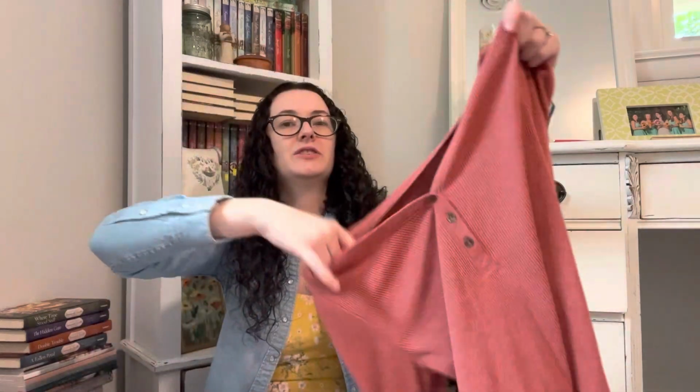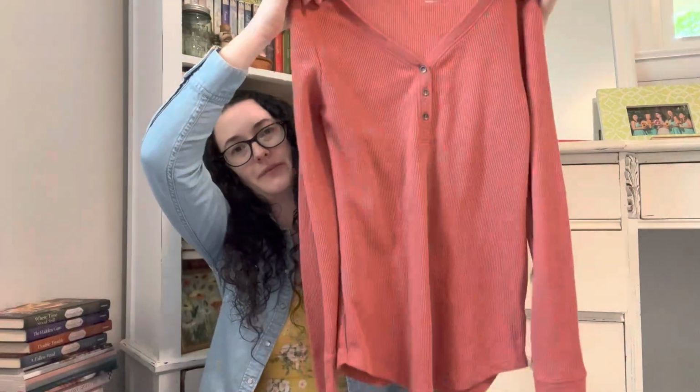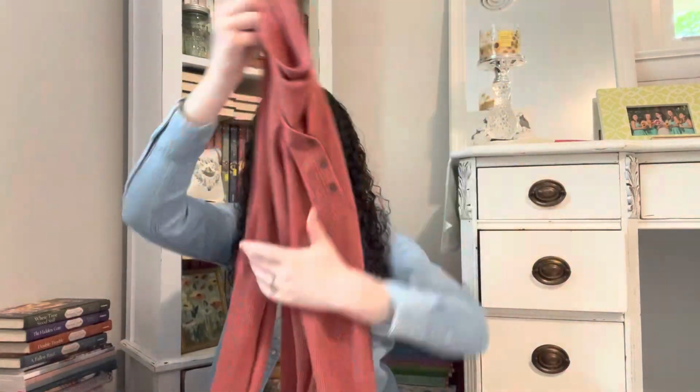I got some wall decor also, but to start, first is just a Time and True rust colored Henley for the fall, but for a quarter, it's in great shape. I'm really excited about that. It's hard to thrift basics for myself usually, so I enjoy when I go to a yard sale and I can get some stuff. This one has a little bit of dirt on it, so I'm gonna have to wash